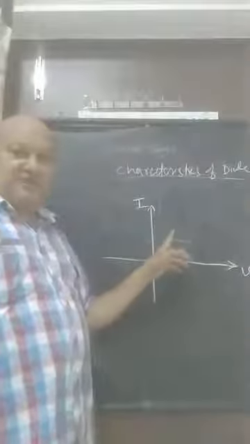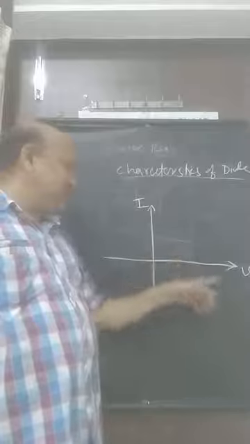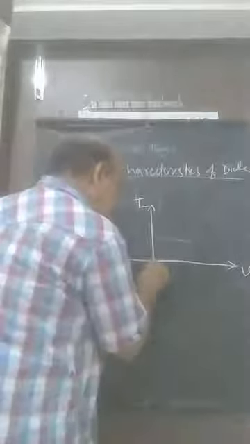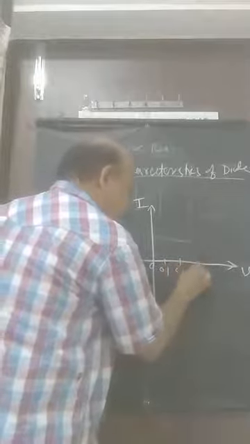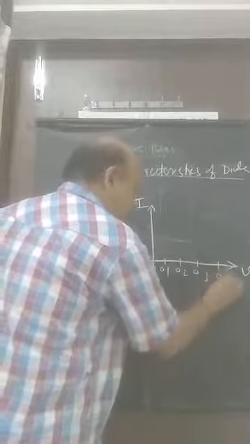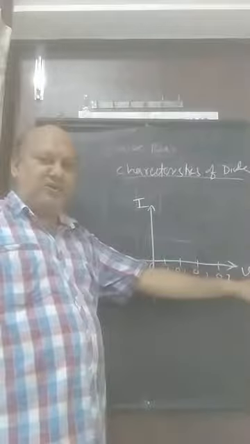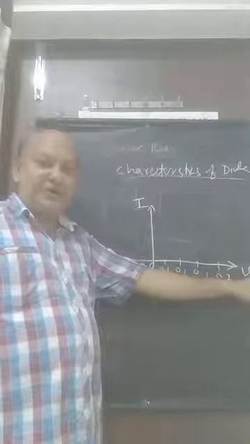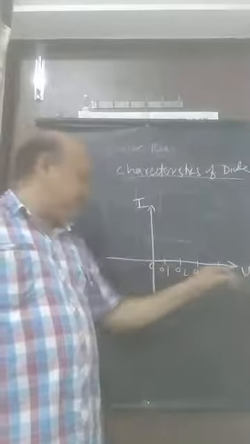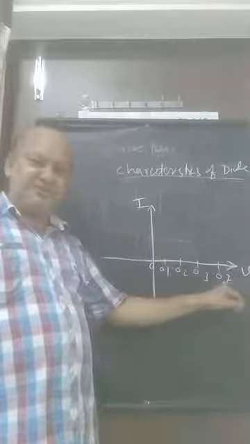In forward bias, here it is 0 volt, and let us say this is 0.1, 0.2, 0.3, 0.7 and so on up to 1 volt, because we need the current to flow. In the silicon type it is up to 0.7 volt,